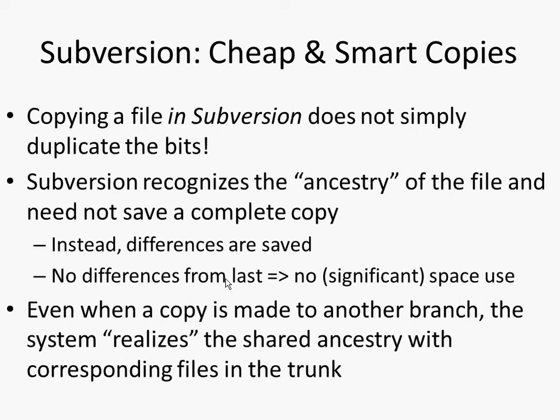And here, there's no difference at first from the version it came from. And if we go on and modify this in this other branch, it will be able to compare that to this original file. Okay? So it will know conceptually that you had square root.c, and it was modified for a while,